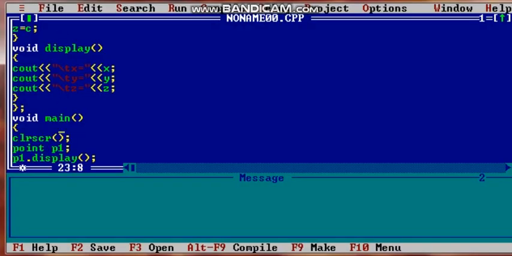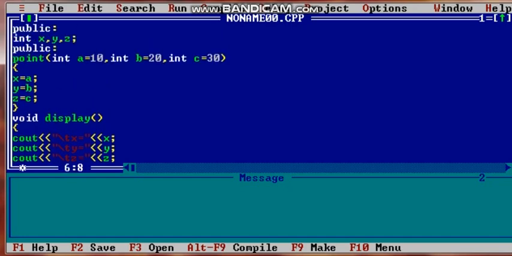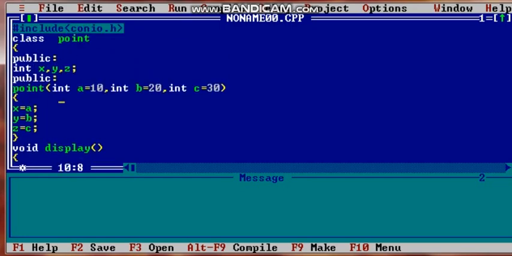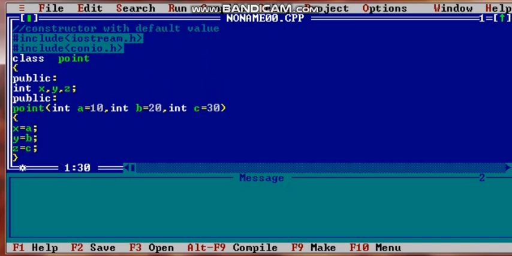When we create an object, it calls the constructor. We have only one constructor in our program. It calls the constructor, and we are not passing values. So when it comes here, it takes the default values: for x, value of a, for y, value of b, and for z, value of c. In normal condition, if it was a normal 3 argument constructor, it creates an error. But in a constructor with default values, it does not create any error because it takes the default values. If you do not pass the values, it takes the default values.